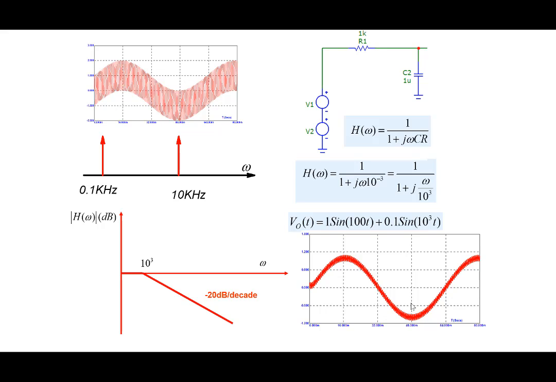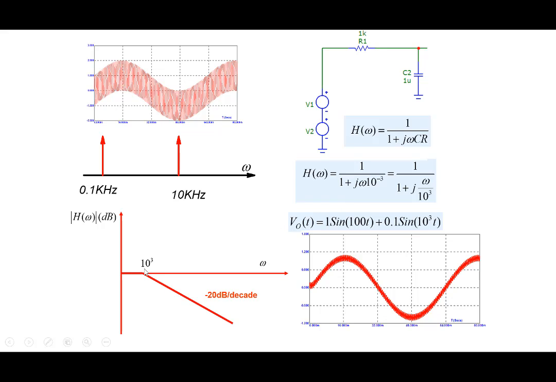So what do you do? Your signal is still made up of 0.1 kilohertz and 10 kilohertz. You would like 0.1 kilohertz to pass through, but you don't want 10 kilohertz to pass through. You want to attenuate it even further because you can still see the signal is not that clean. So if you stay with a system like this, you'll try and play around